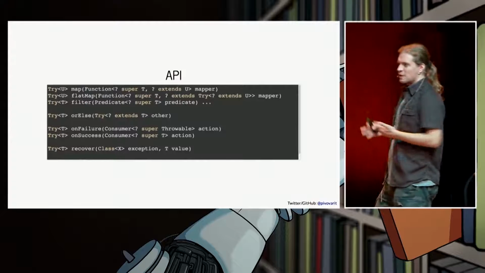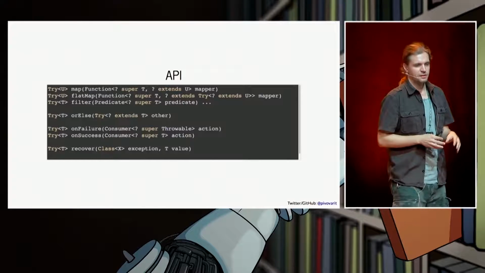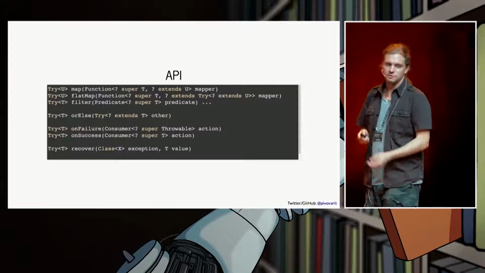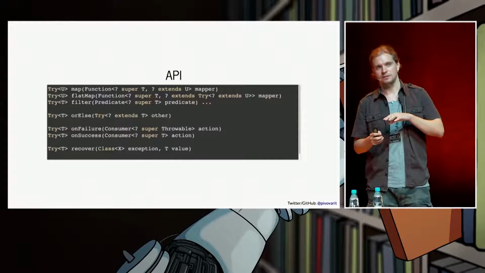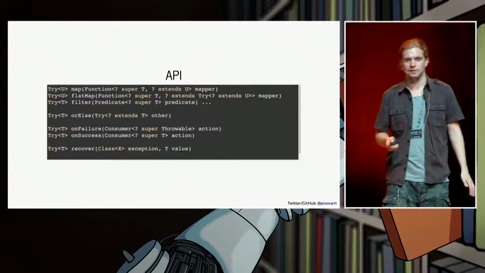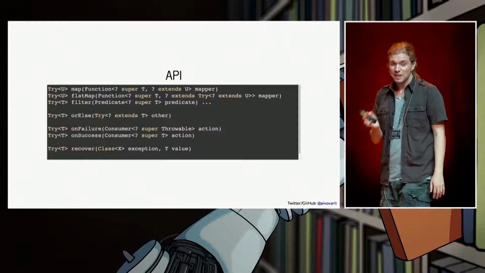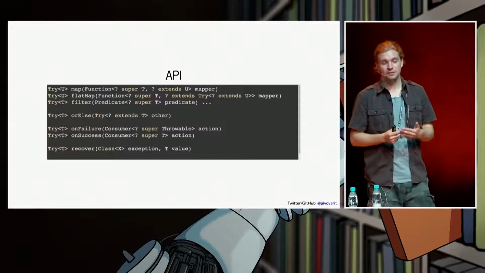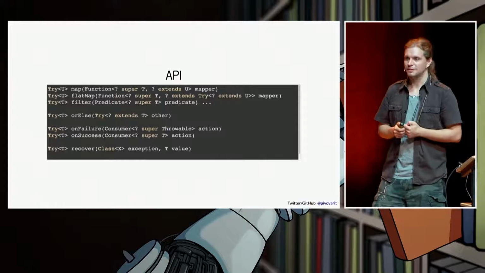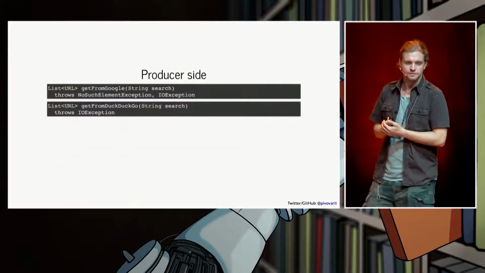So if you browse the API, you will see many, many different methods, but the most important ones that you need to be aware of are pretty much map, filter, and flatMap. Those you will find everywhere and in many different languages. Sometimes they might be called differently, but at the end of the day, this is the basic functionality. Other than that, there will be many different custom methods.